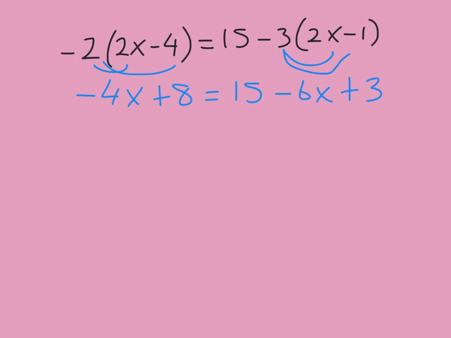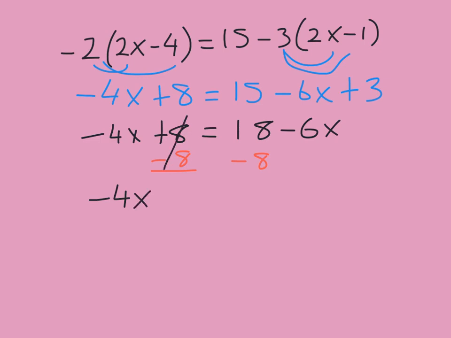Okay, so we can just go ahead and simplify this first. So minus 4x plus 8 equals, I have a 15 and I have a plus 3, so that's going to give me 18 minus 6x. Now I can go and balance my equation. So start on my left hand side first. I can take 8 from that side, and if I do it from one, I must do it from the other. As a result then, I get minus 4x